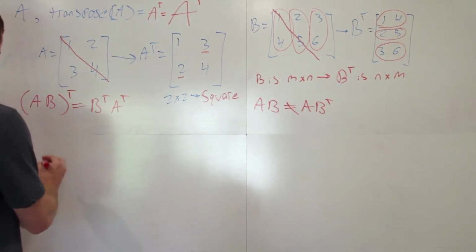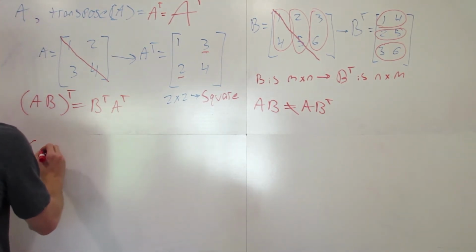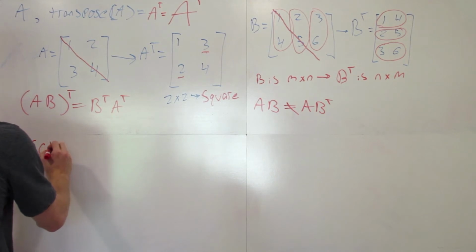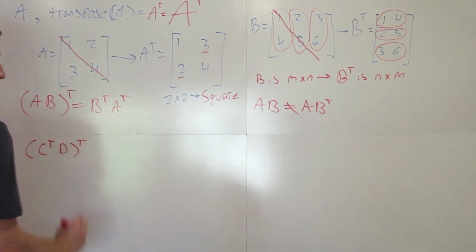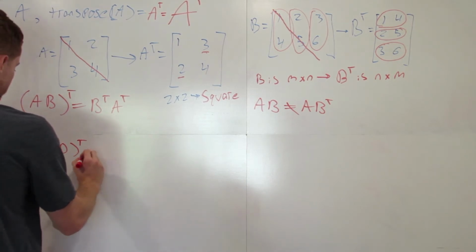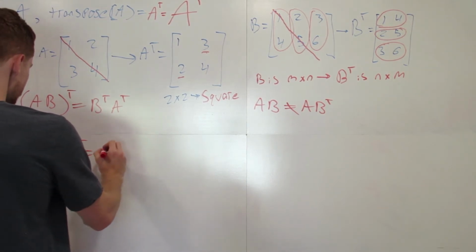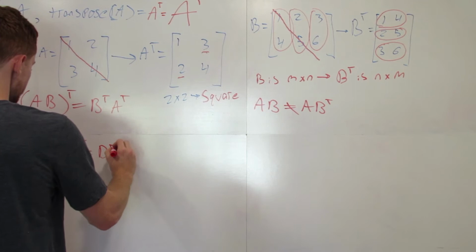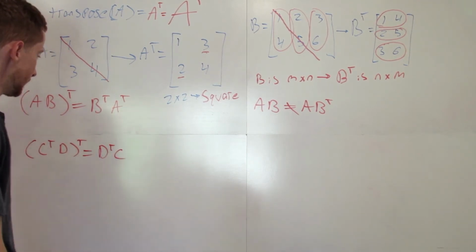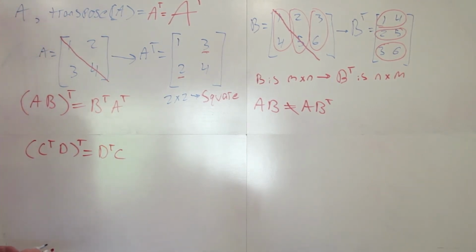So then, let's just give an arbitrary example. If we have (C transpose D), and then we want to take the transpose of that, what's that going to be equal to? That's going to be equal to D transpose C. So in general,